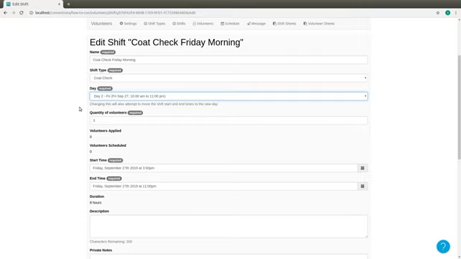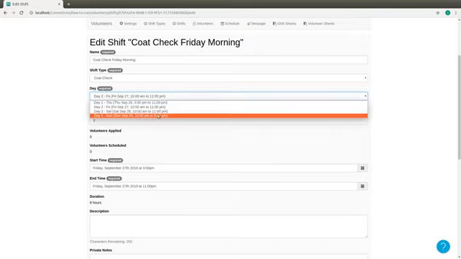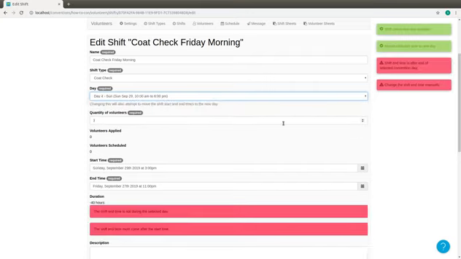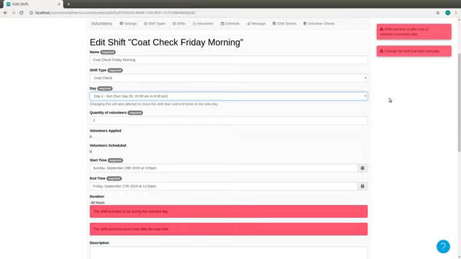Now, if I were to set it on a day which doesn't encompass the start and end times for the shift that already exist, you would see an error alert. So if I were to say put this on Sunday, which ends at 6, you would see that the shift convention day updated and that the shift start time updated, but that the end time did not update. And you will see a message to make the corrections that you need for the end time manually. And you also see down here it just doesn't change the time. So we have an invalid